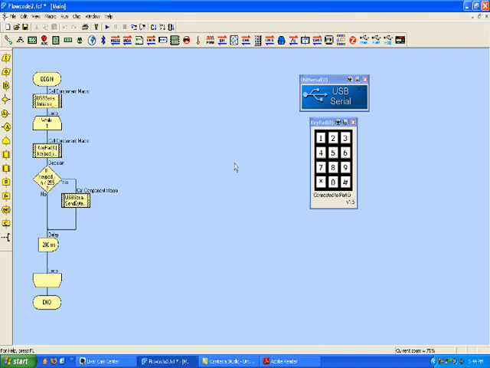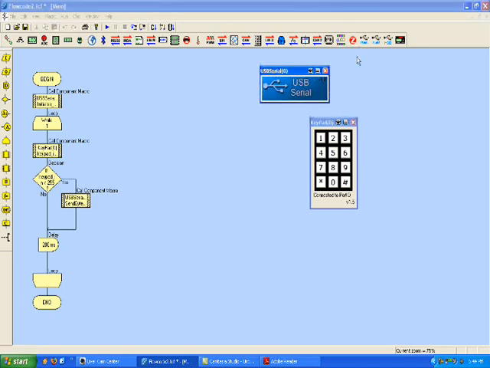Here I've got a basic program that I've developed to show you how easy it is to get data from a microcontroller into a computer via USB. What I've used is the USBserial component. To get this into my program, all I did was click here on the USBserial icon, and then up